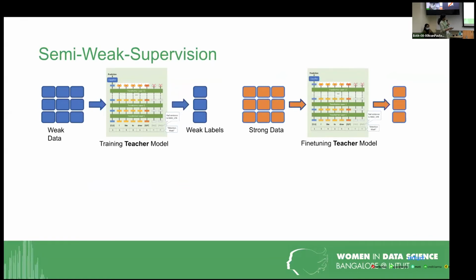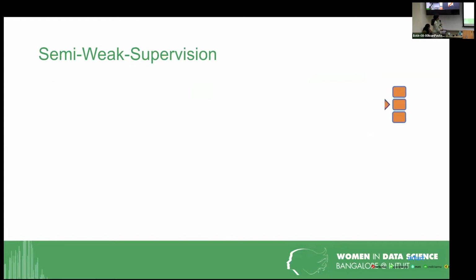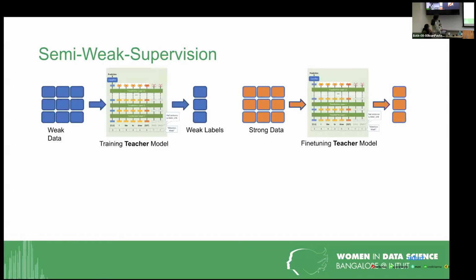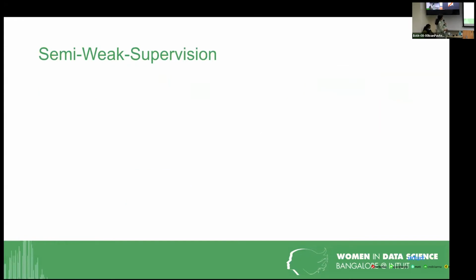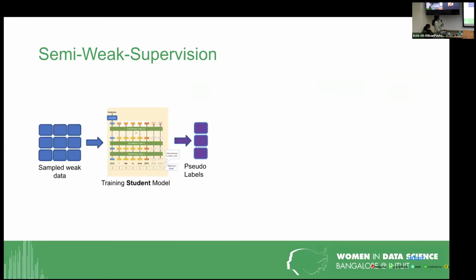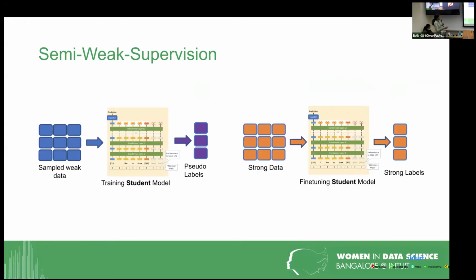Then you use the weak data again to make predictions and get pseudo labels rather than the weak labels. You train the student model with weak data but with pseudo labels, and then finally with the strong data. There are a lot of steps, but very simple ones, and we see a good improvement in model performance at the end of it.